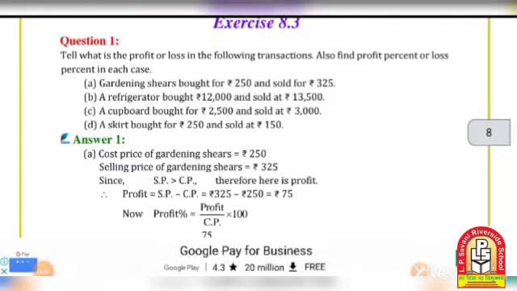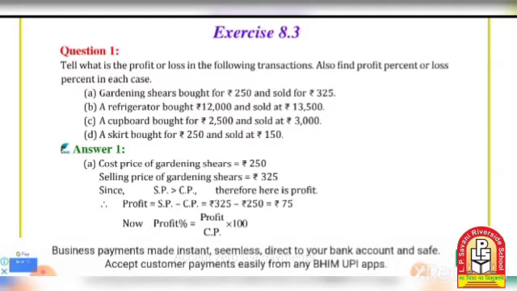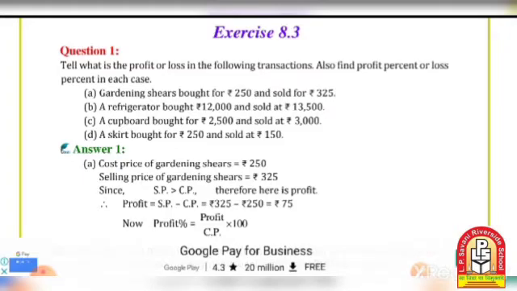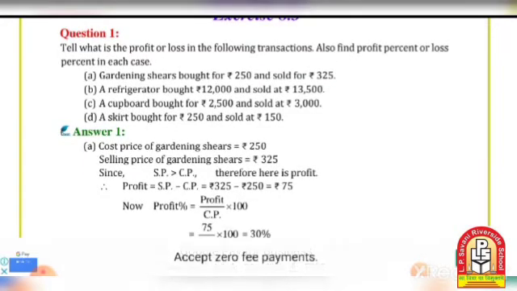And we have to use the formula of profit. Profit is the selling price minus cost price. So selling price is 325 minus 250, that is the profit of this sum. Okay, so profit percent is equal to profit upon cost price multiplied by 100,